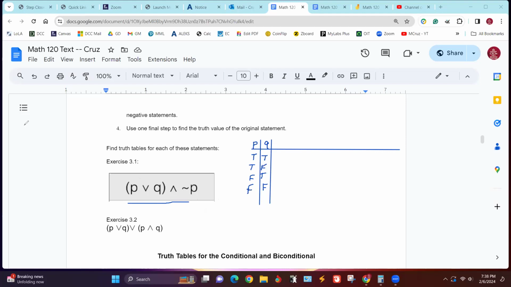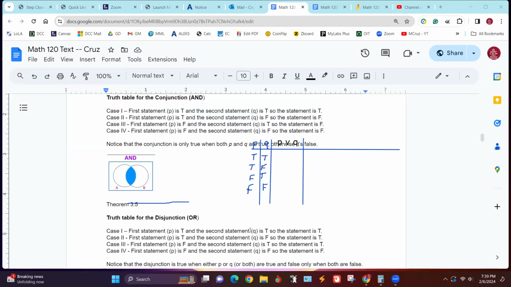Let me see if I can type it in there with the text. There we go. All right. Now, really, all we're doing is just reiterating what we essentially got up here with the disjunction.